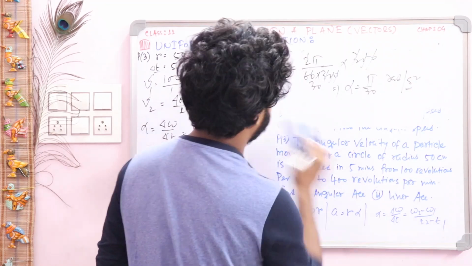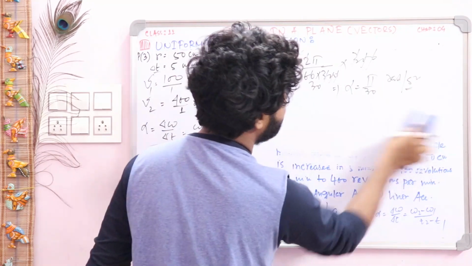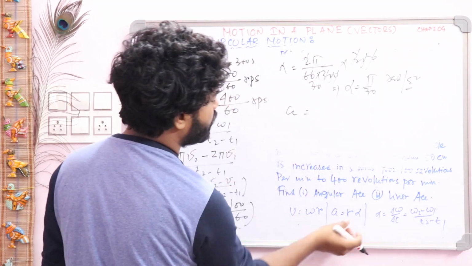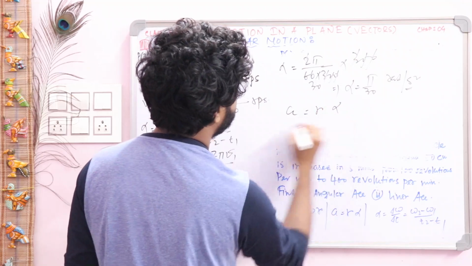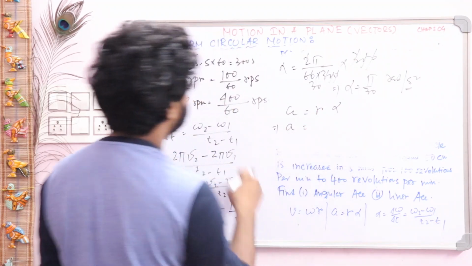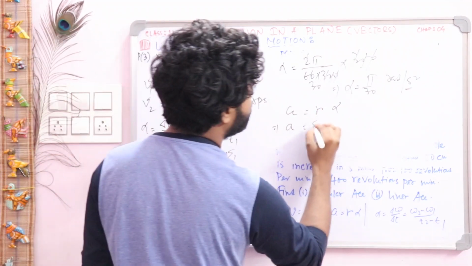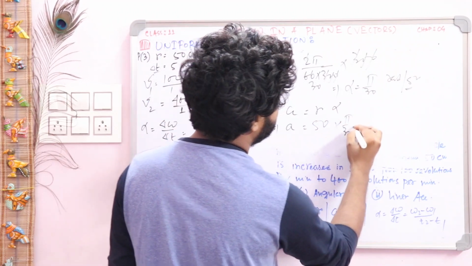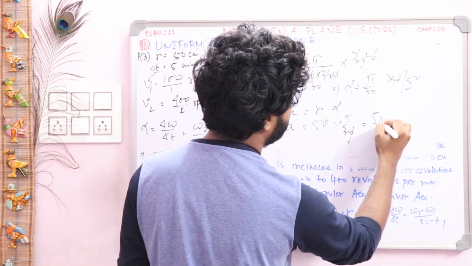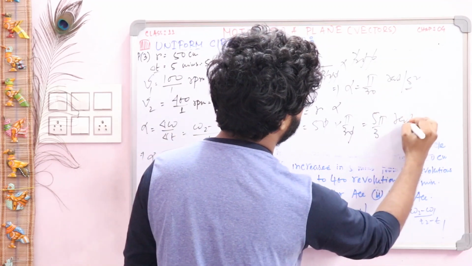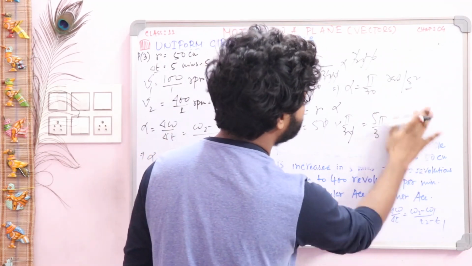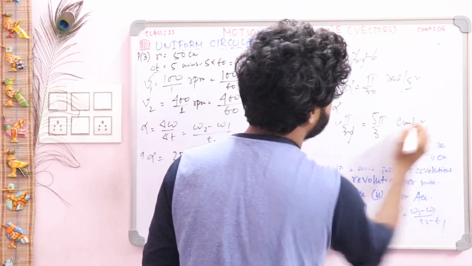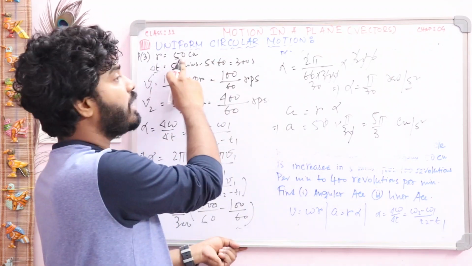Okay, now our second part, you have to find out the linear acceleration, and you know the meaning of linear acceleration. A is equal to r into alpha, that is, r value given is 50, and this one is in centimeter. So 50 into alpha, that is pi by 30, the 0 cancels out, so this one will be 5 pi by 3, and the unit will be, sorry, not rad, this is linear, and the unit will be centimeter per second square, not meter, because here r we use in centimeter.